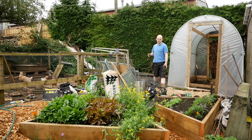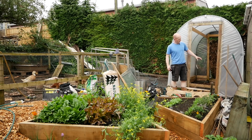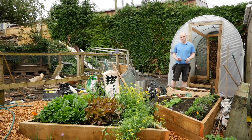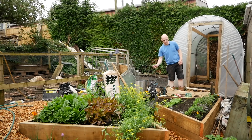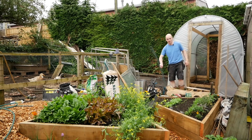My plan, which we'll touch on in the future, is to split the two sides of the polytunnel. So rather than just jam it full of produce, I'm going to grow the tomatoes and cucumbers on the right hand side against the wall. The left hand side I'm going to have a bench along there, seed bench, and that means that we can start everything off on this side, but also through the winter we can carry on growing rather than just do kind of a quarter season or, you know, a third of the year,